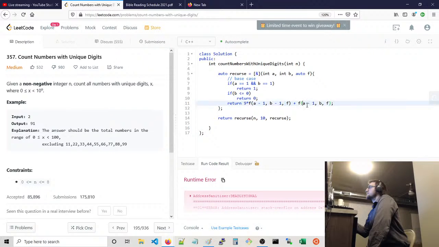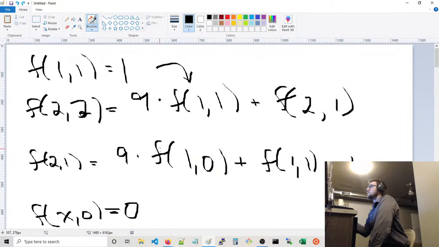A is always decreasing at every point. B doesn't always decrease though. So we do need something for when A, but when A is 1, we could say if A is less than 1, right? Let's say